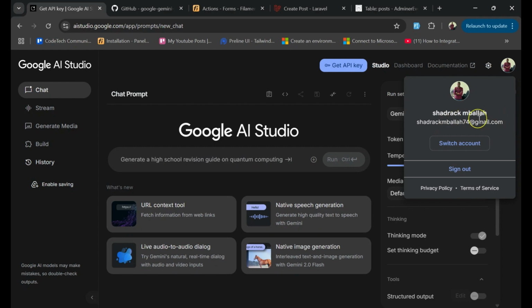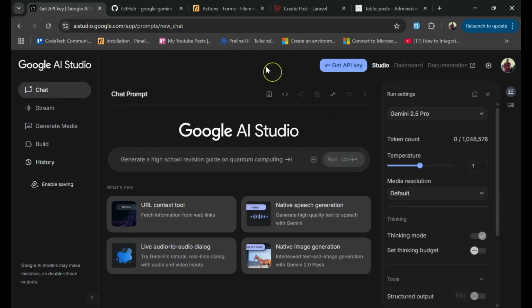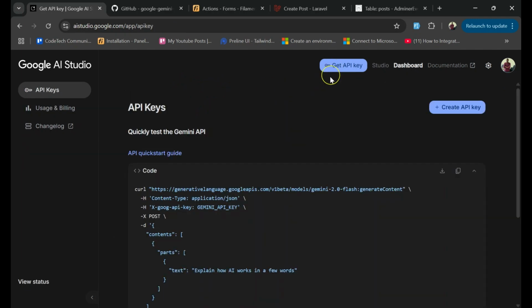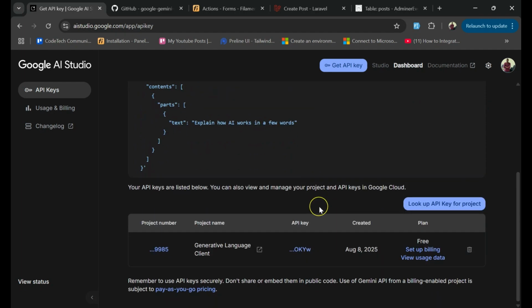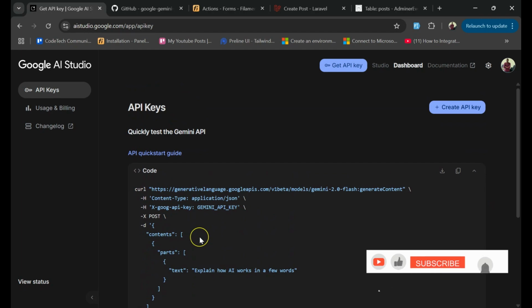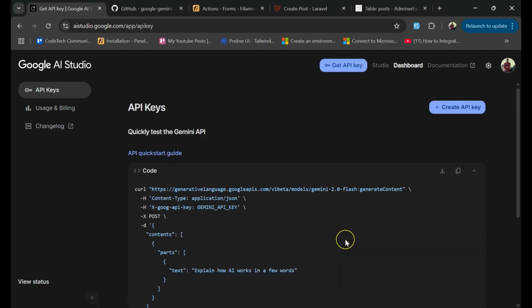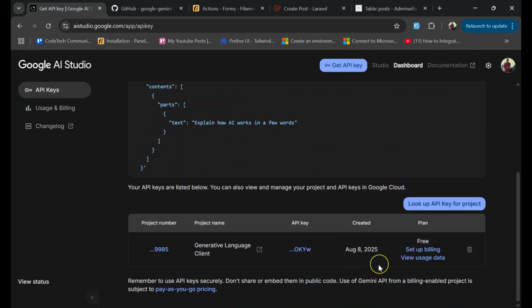When you have logged in successfully, then you will have access to this page. When you click this Get API, you will need to have an active application, which basically you can go and see from, let me just show you. For example,